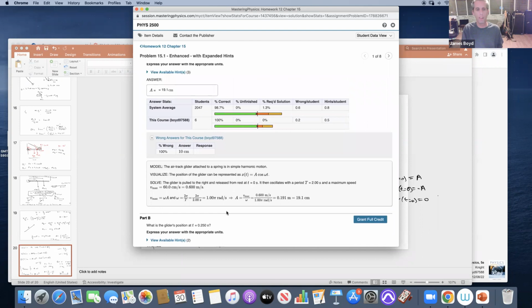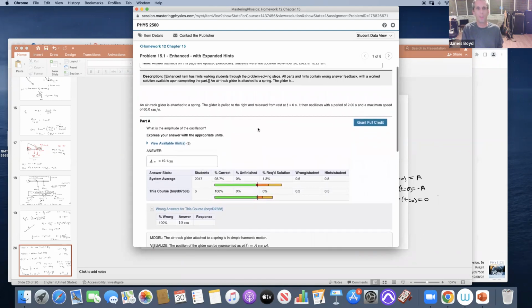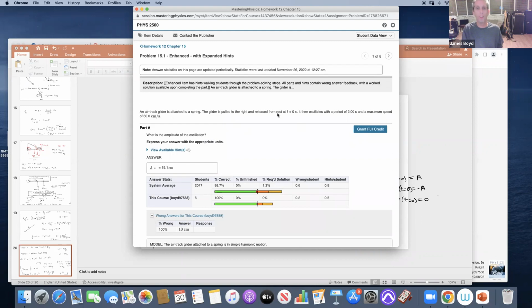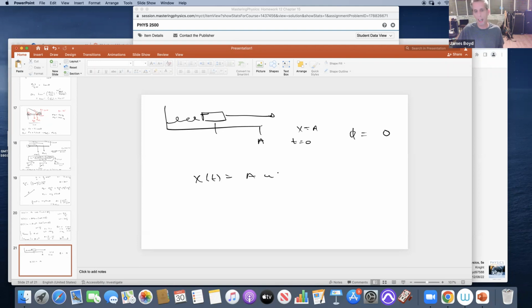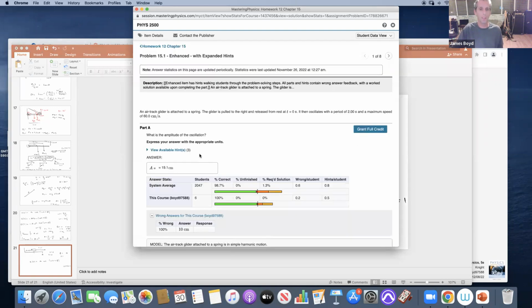What is the glider's position at T equal to 0.250? So the glider is pulled to the right and released from rest. We're going to assume the following is true. So it's pulled to the right, so it's at A when T is equal to 0. That means that X is A when T is equal to 0, and therefore phi has to be 0. The reason why is X of T is A cos of omega T plus phi, but if T is 0, we need phi to be something such that cosine of whatever that is equals 1. Well, cosine of 0 is equal to 1. Since this term is 0 because T is 0, we know that phi has to also be 0. A is going to be 19.1